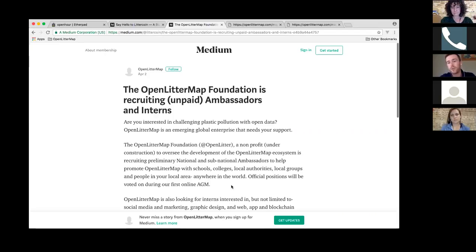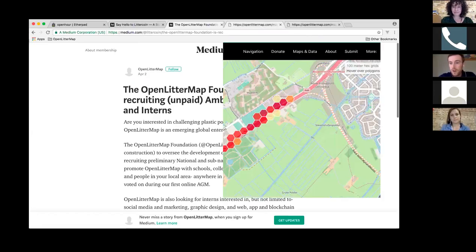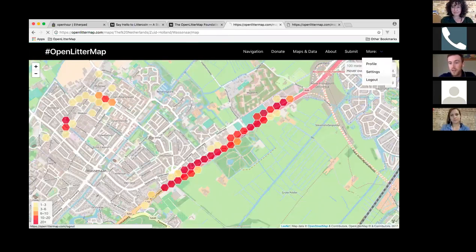That's something we could also do on the blockchain. We could let people vote on the blockchain, and that's something I'm looking at: the OpenLitterMap DAO, a decentralized autonomous organization, and just put it out there and let it run autonomously and see what happens. So yeah, if you'd like to sign up, you can submit as many images as you want for free,